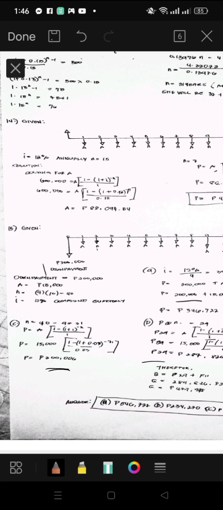So what must he pay in addition to the regular payment when due is 300,006. So that is the final answer. So the next is